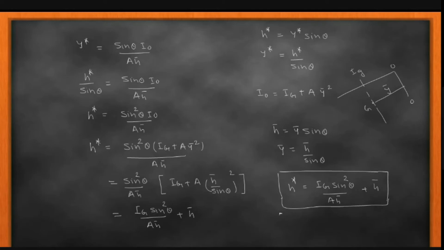Students, if you put theta equals 90 degrees, then sine theta becomes 1, and finally you get the expression that we derived previously, that is Ig upon A h-cut plus h-cut. And if you put theta equals 0, meaning horizontal conditions, sine 0 gives the answer 0. So you get only h-star equals h-cut, which indicates that when your plane is a horizontal plane, your center of pressure is the center of gravity. So this is the final expression of the third case, that is when the plane is making an angle theta with the free surface.